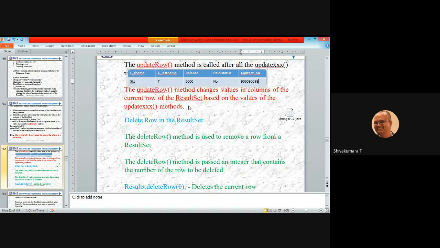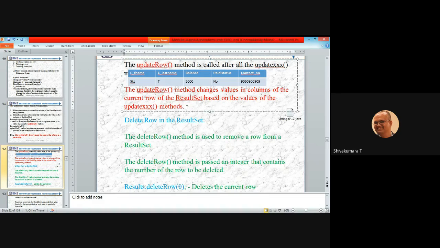The updateRow method changes values in columns of the current row of the result set based on the values of the updateXXX methods.